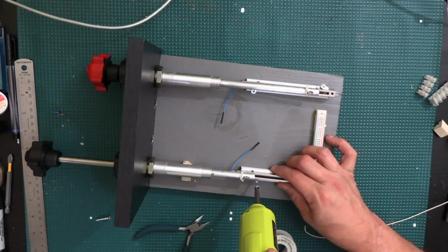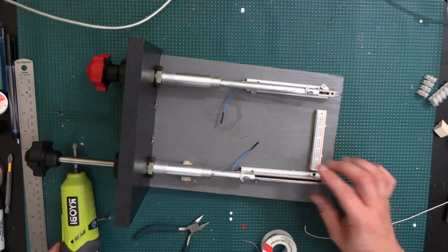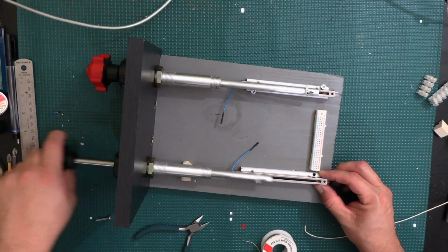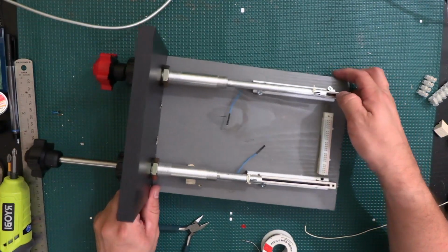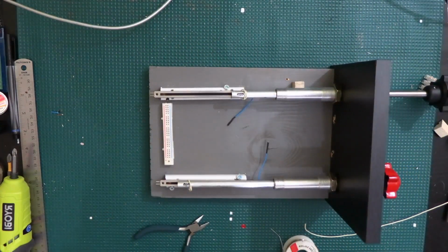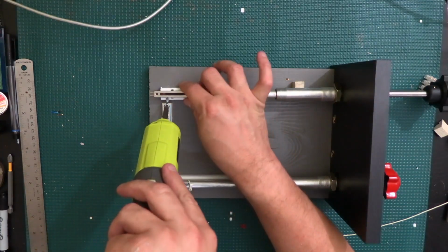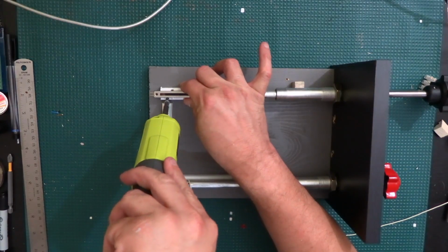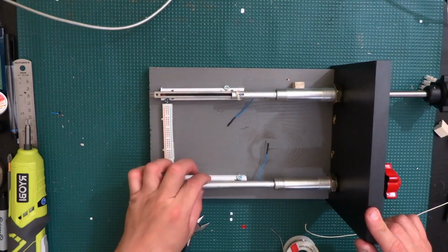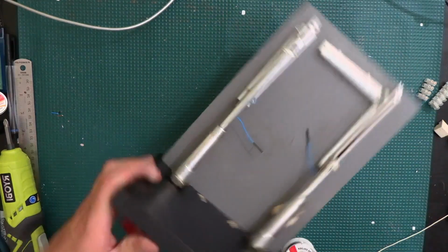Let's see if it's still good. Yeah, it's good. Now I'll go ahead and do the other side. Alright. Now they don't move very much. Alright, so